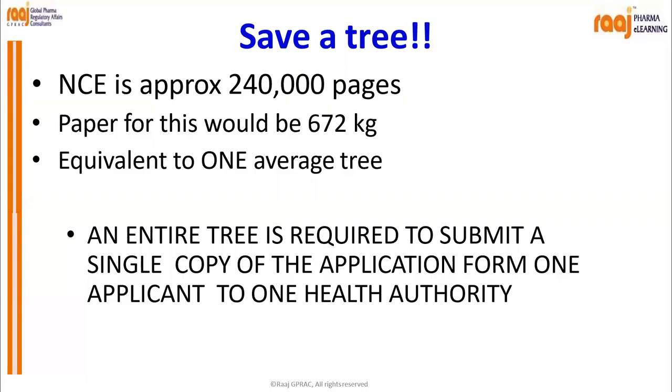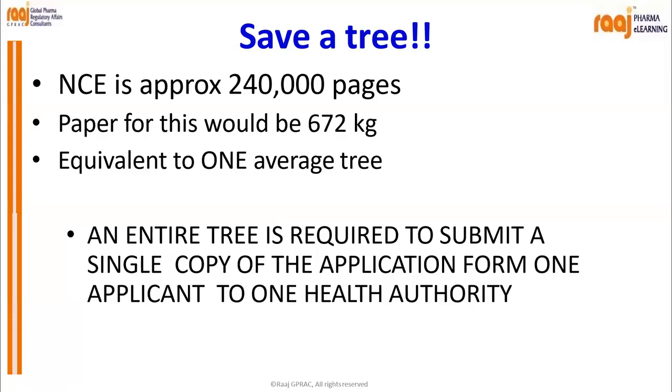The paper for this would be 672 kg, which is equivalent to one average tree. So just imagine an entire tree is required to submit a single copy of the application form,